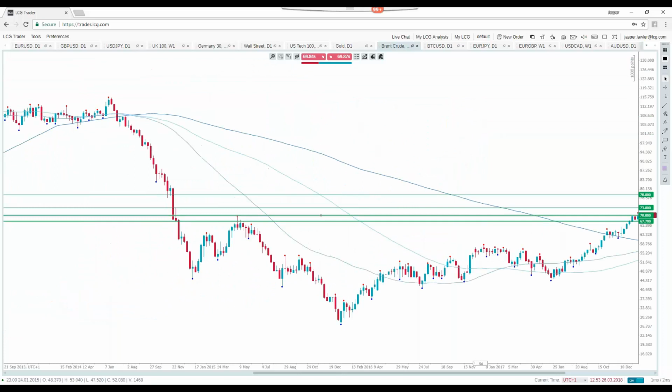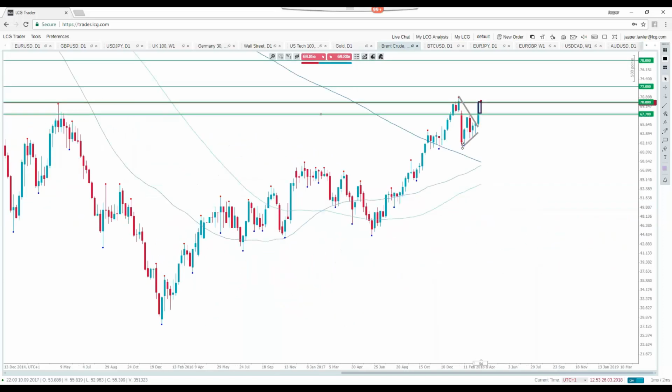You have to pull yourself right back to this little spike high over there, and then 78 is where we saw that big drop during the 2014 declines, where we took out those lows. That could be the next level, 78, and obviously on its way to 80. But for all intents and purposes, it looks like it's had its pullback from 70, rallied straight back up to it, so I would assume 70 is going to break to the top side, but obviously it is a big resistance.